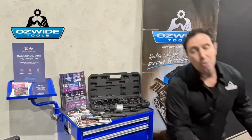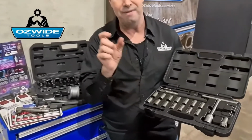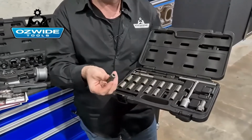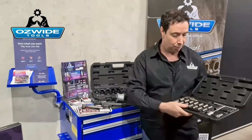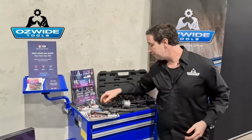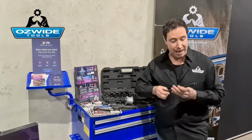We also have noticed that a lot of the late model vehicles, some of them have newer, very thin injectors. This is a new kit, which obviously has many more adapters than the previous one, which will last you many, many years to come. And on the final note, copper washer, getting them out, there is actually a tool for it,